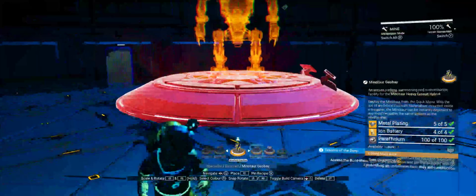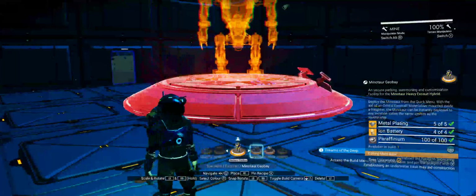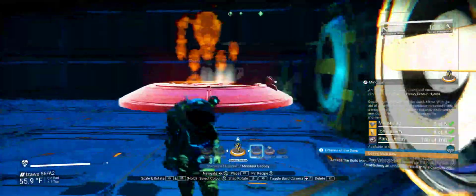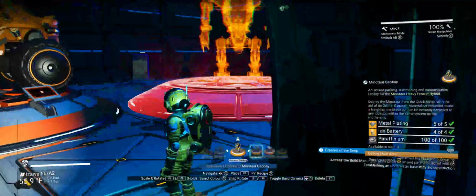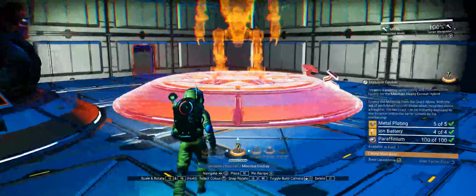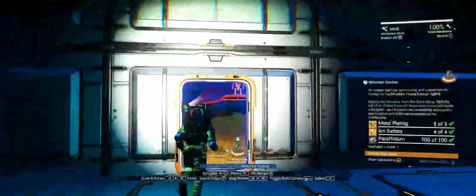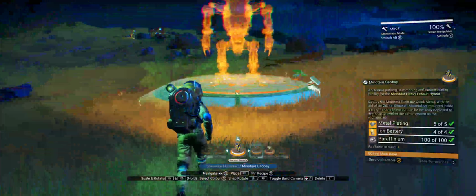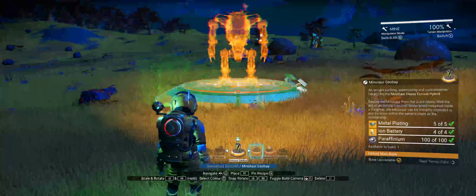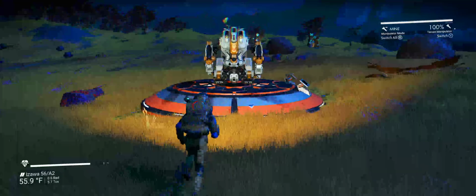So, why are you saying I can't build it here? What is invalid about this position? Alright, fine, let's go build it outside for right now. Or does it have to be? Can I build it here? You know where I think it might need to be built is on my other ship, but